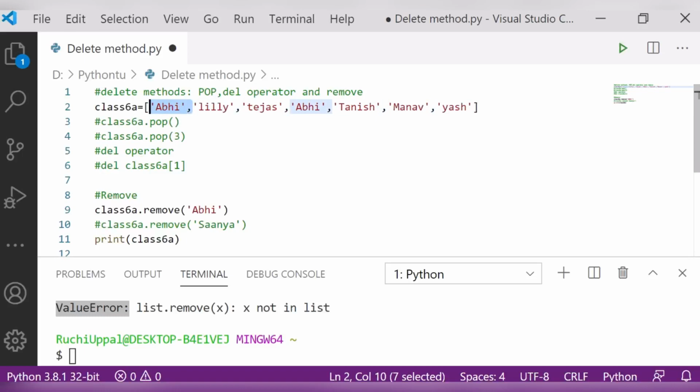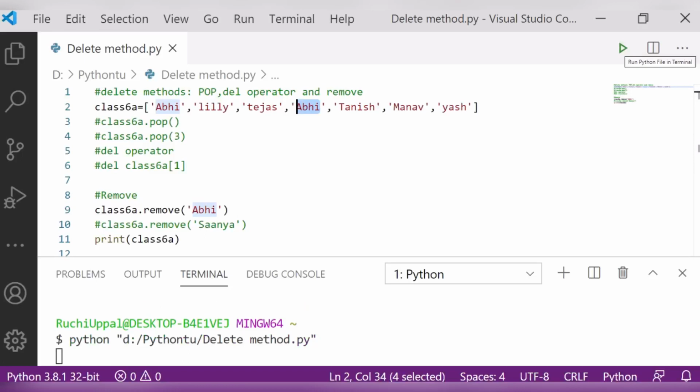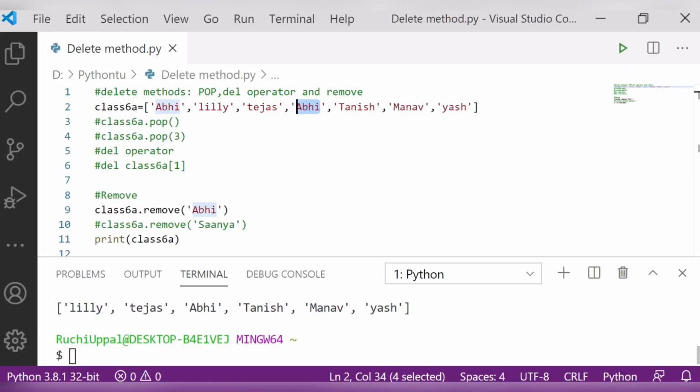Let's see which one it will delete. Save. So it will automatically remove the first entry, for the same elements. It will delete only the first entry there. I hope this is clear to you, how to delete using the methods.